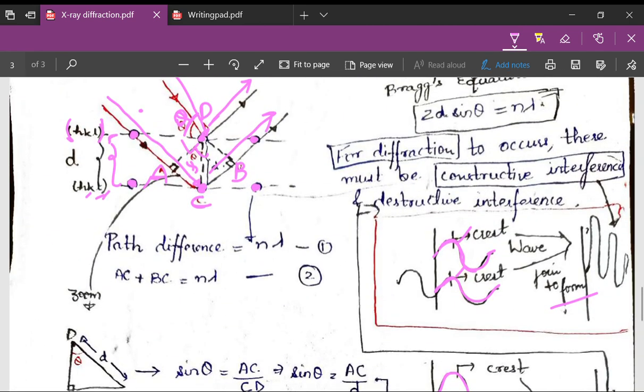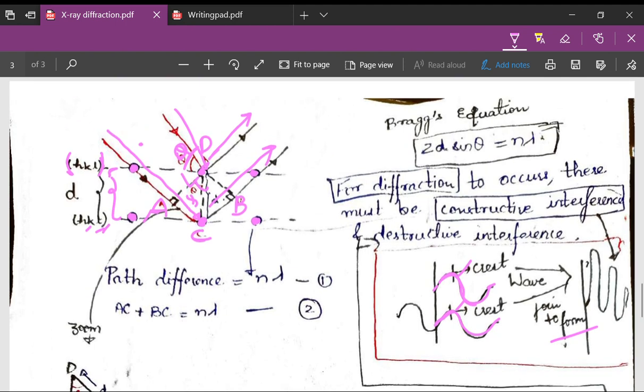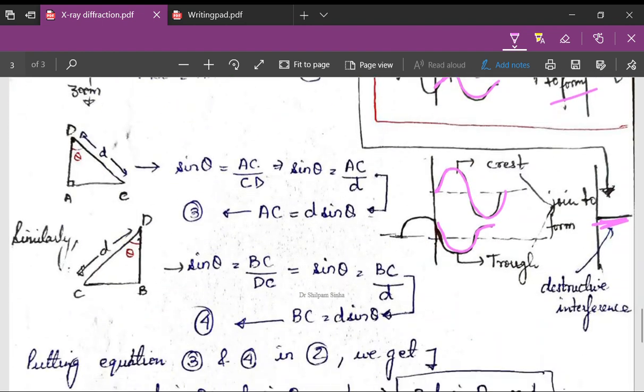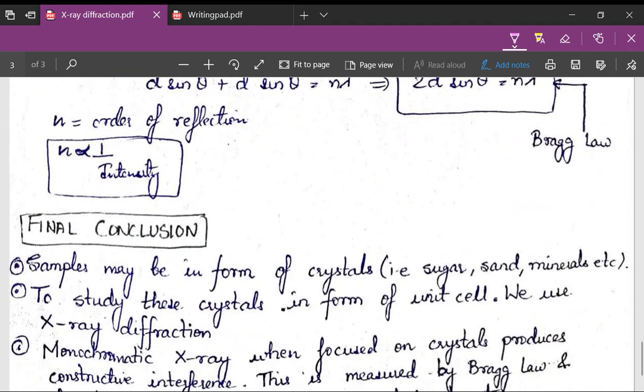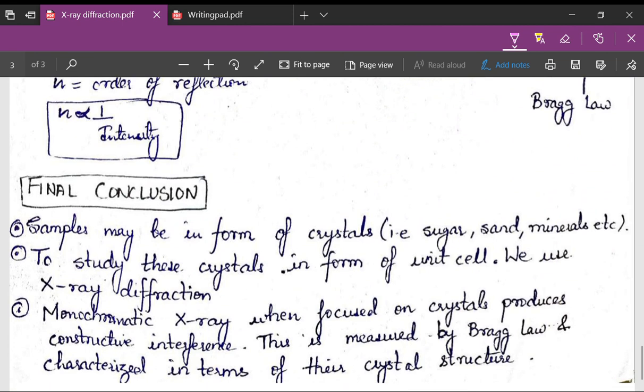So the first wave will have higher intensity, then the second will be lower. In this way the intensity will decrease. So the final conclusion is